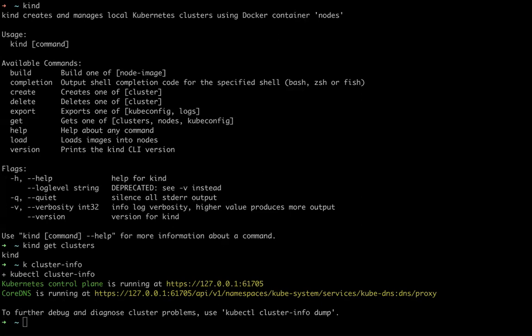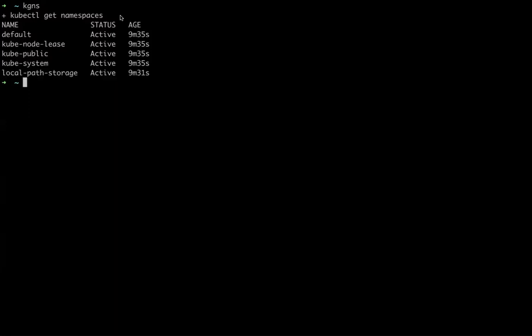Yes, okay, muted. Yeah, so I have my cluster up and running now, and I'm just going to do basic things that people do. So first of all, I'd like to see what namespaces I have. I'm using Kubernetes, that's why I'm using this, but I've configured it in a way that it shows you the full meaning of these aliases. So I'm trying to get the namespaces, and these are the namespaces that we have